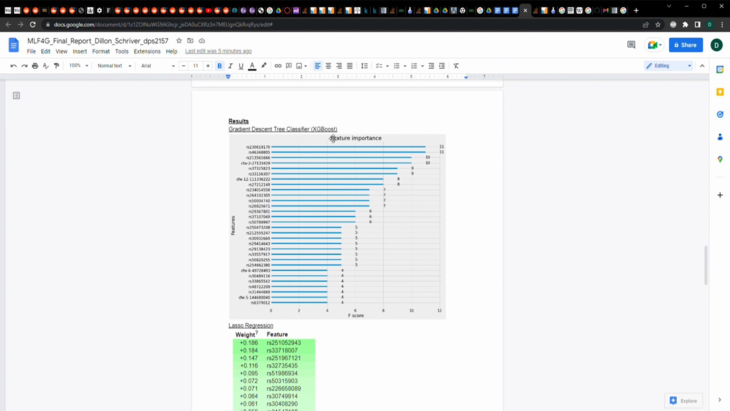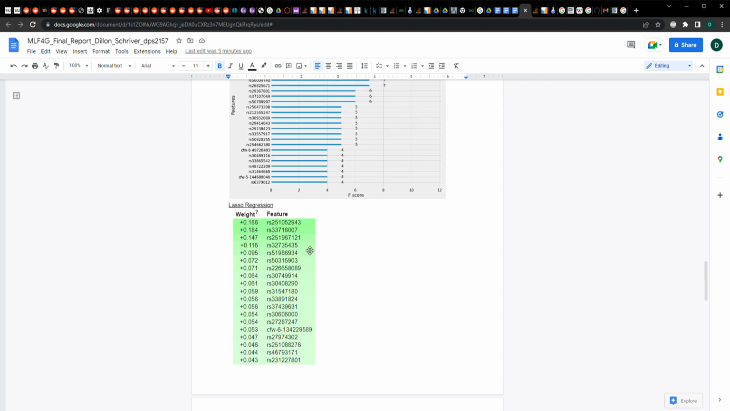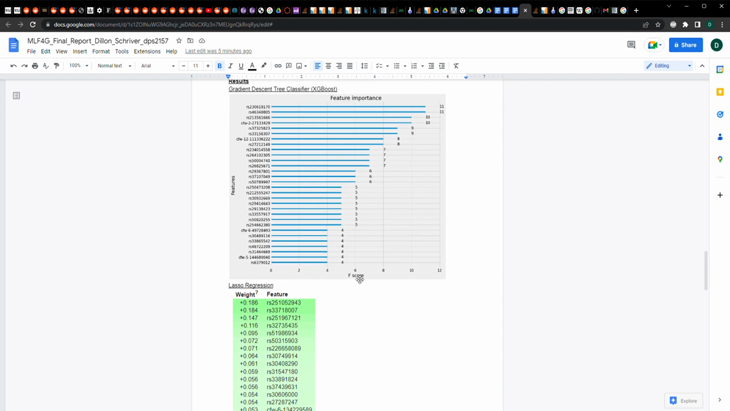You can see I ran feature importance in XGBoost and feature weighting with lasso regression. I then took these results and took the complement of them and said, all right, everything in here at least has some impact on the musculature of the organism,